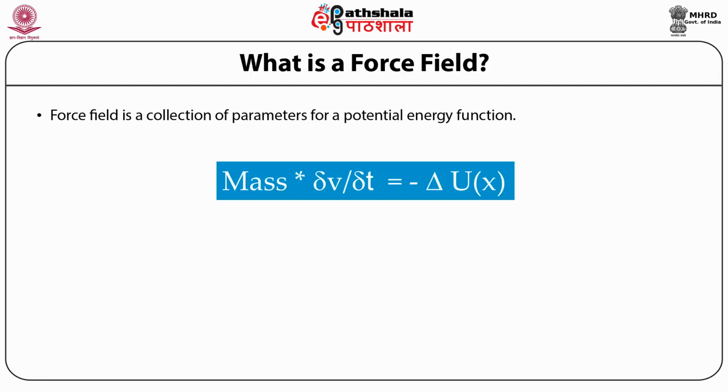And it is correlated in the expression by minus del U/del x, where U is the total function. It can be potential energy plus kinetic energy. Here is the equation, very simple, which eases all our calculation due to the fact that on the left hand side the derivative is of velocity with respect to time. On the right hand side it is del U/del x, which needs to be integrated, and U is dependent on the variable x, not on time.